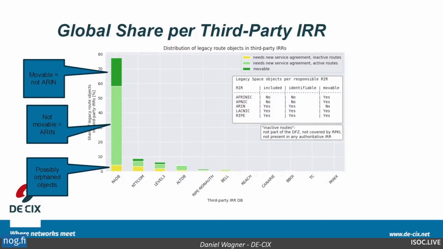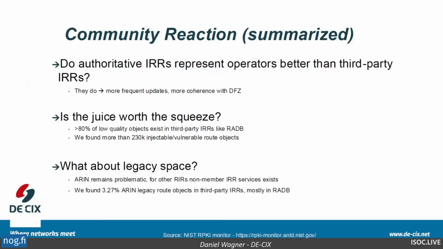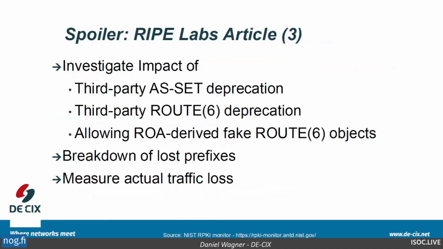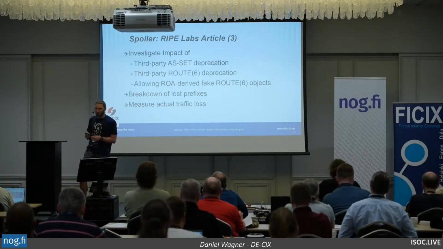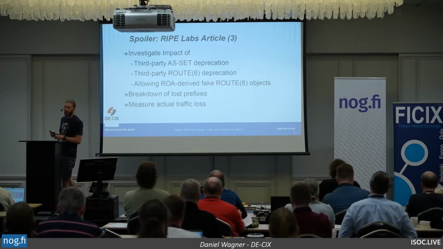Like they're not used in the IRR, they're not routed at DE-CIX and whatever. So what do we see here? Legacy space is a problem because of their RIPE procedures. It could, in theory, be registered in some other RIR, yes, but talking to people and getting them to do something is pretty hard. And mostly the legacy space hosted in RADb is the one that belongs to RIPE. That's what we found. This whole story until this point is also concluded in 2 RIPE Labs articles